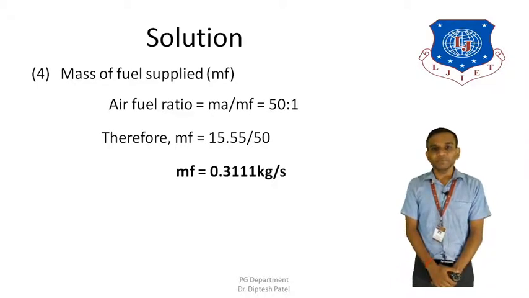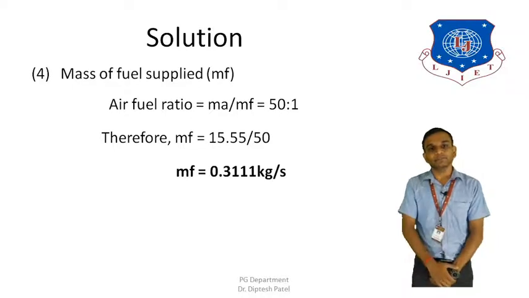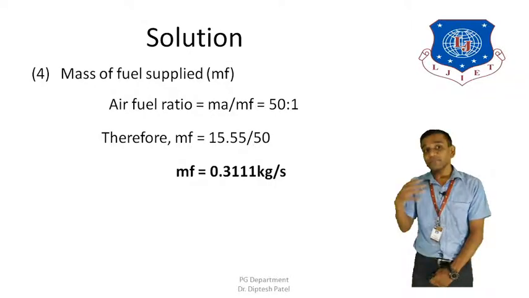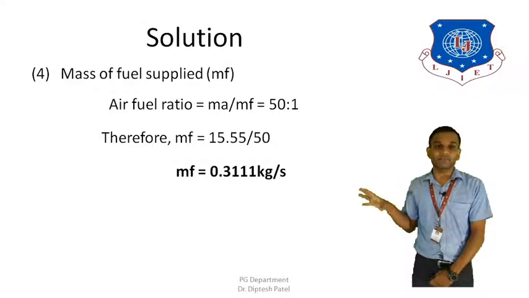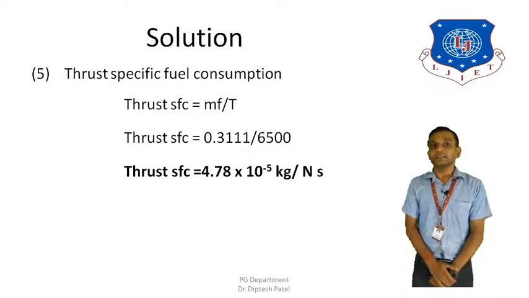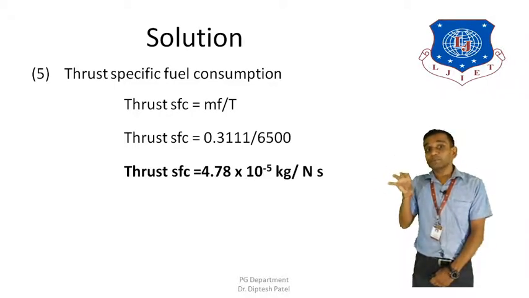So what I have done, I have taken the whole term, which is the ratio of air to fuel, to the other side and found out the values of Mf. Now after going through the calculations, I will get Mf, mass of fuel supplied, is equal to 0.3111 kilogram per second. So that is the amount of fuel required in kilogram per second for the combustion in aircraft. And the last one is thrust specific fuel consumption, means the fuel consumption relevant to the amount of thrust